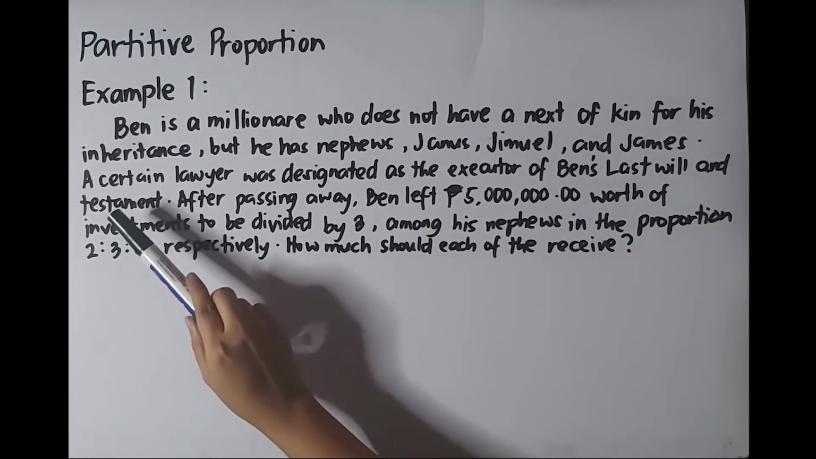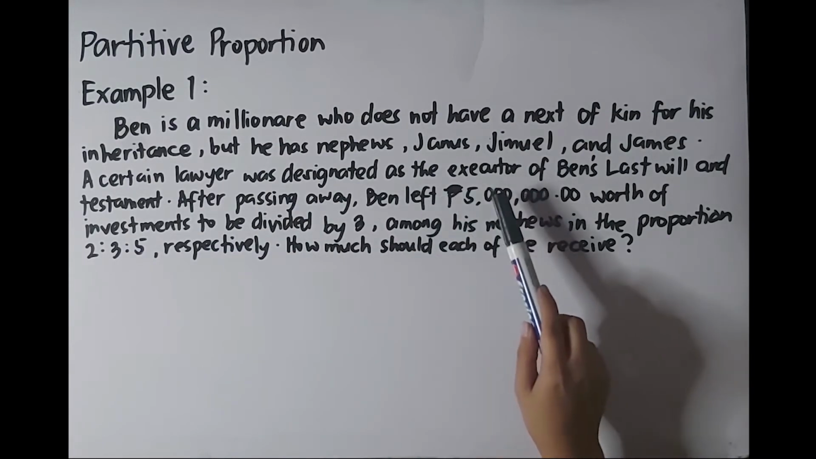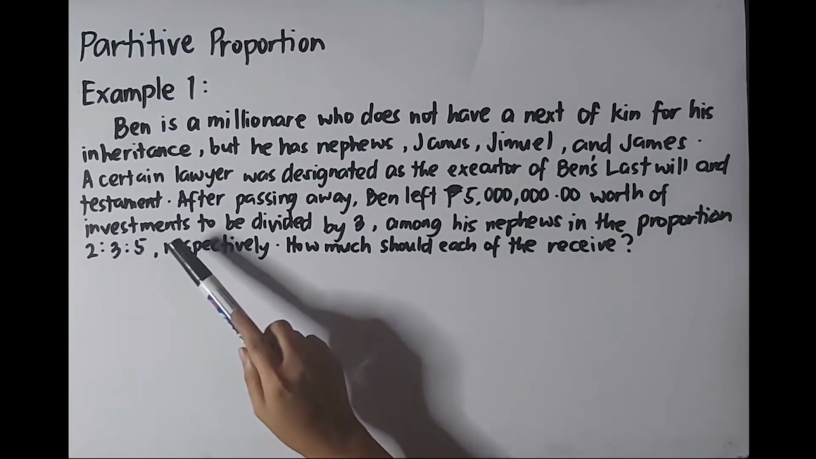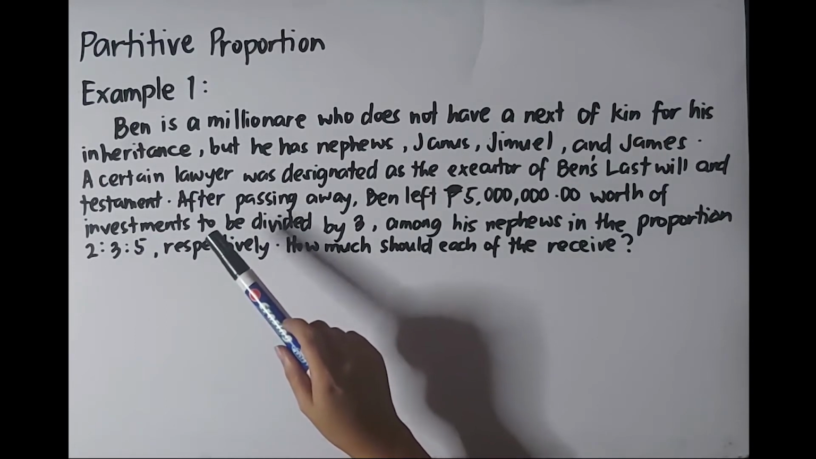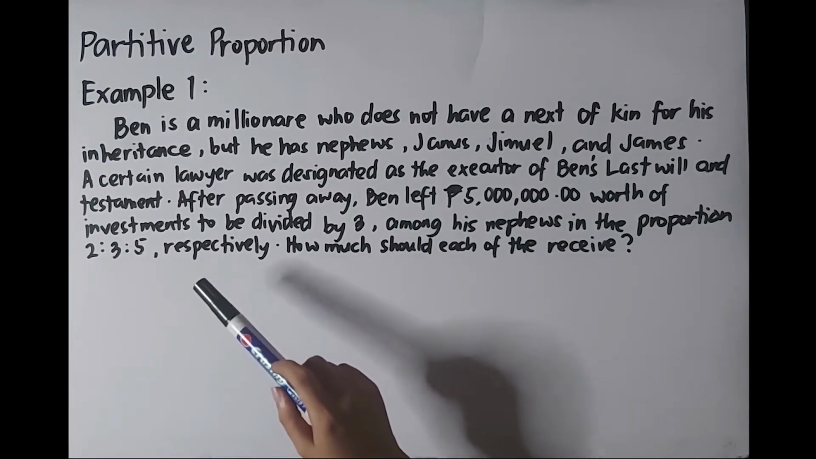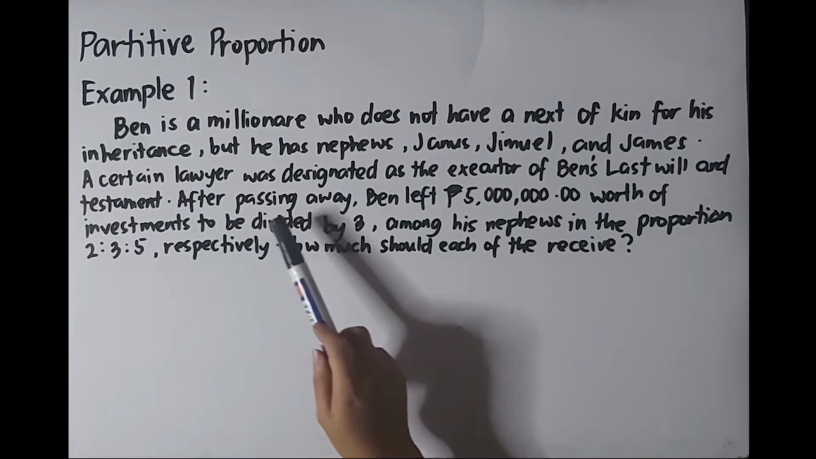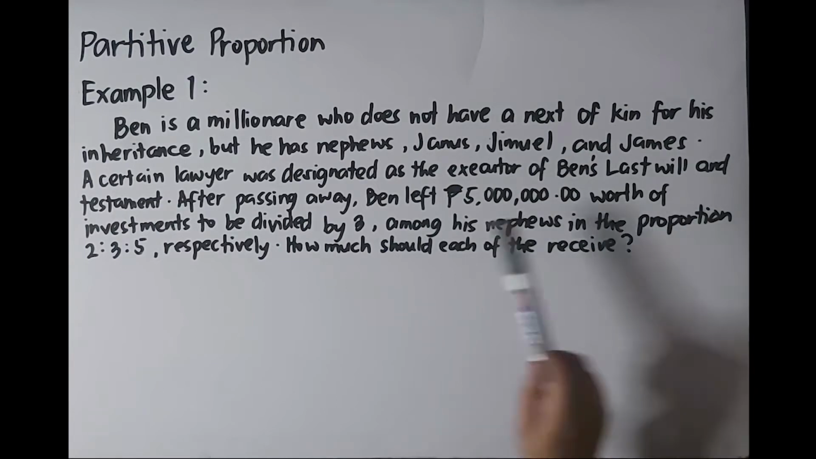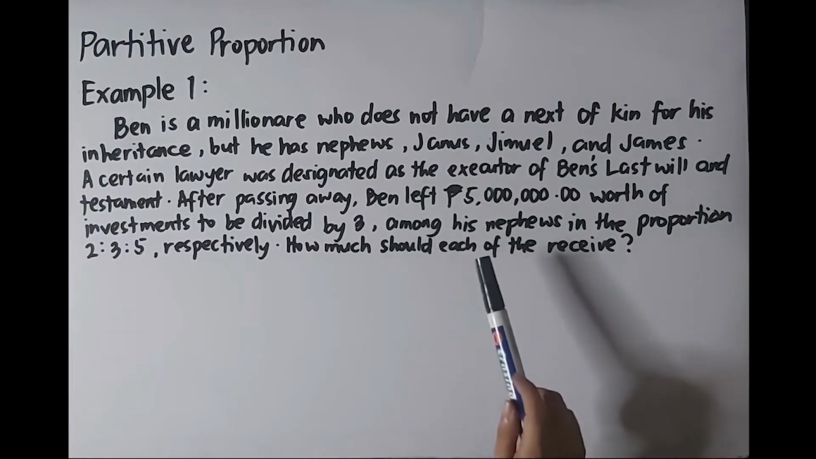So he has a certain lawyer designated to be the executor of Ben's last will and testament. In that last will and testament, it includes the will prepared by the one who passed away. So after passing away, Ben left 5 million pesos worth of investment to be divided by 3 among his nephews